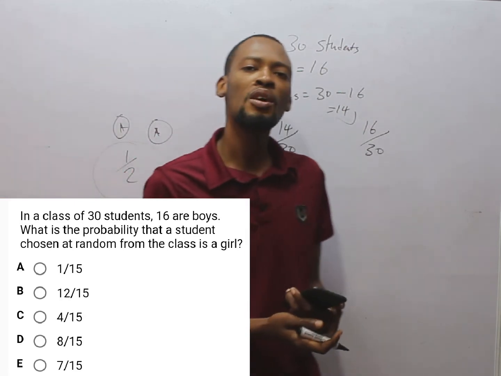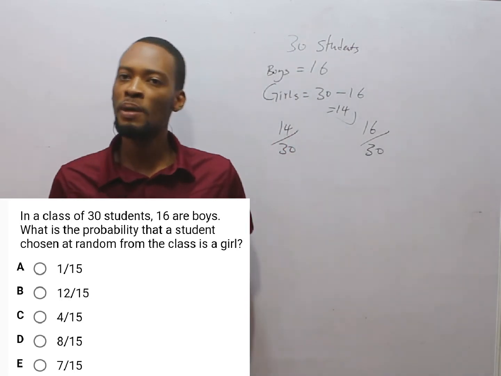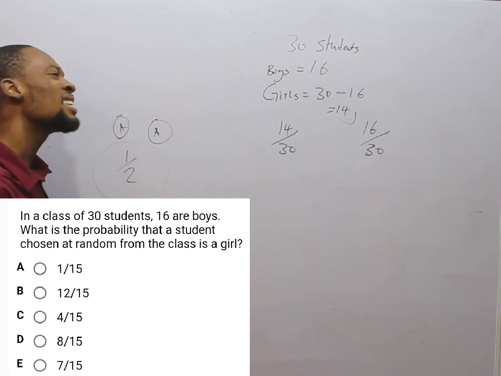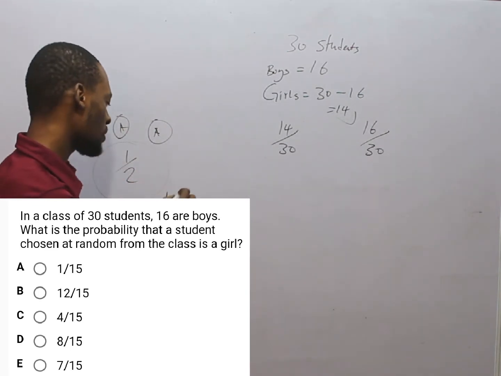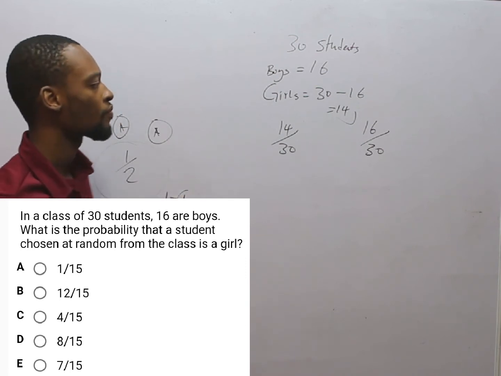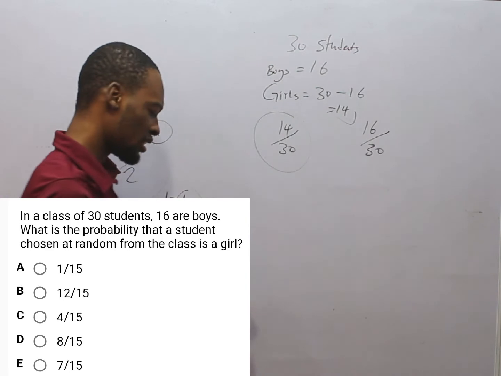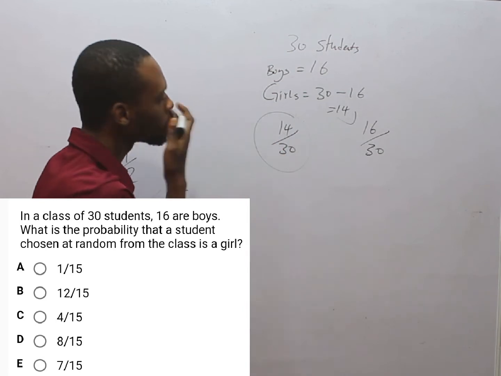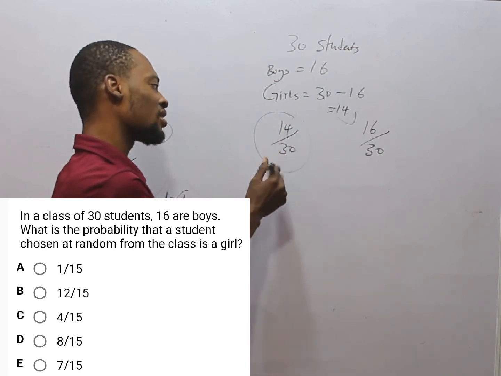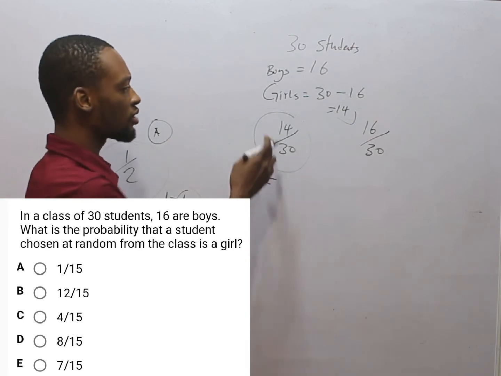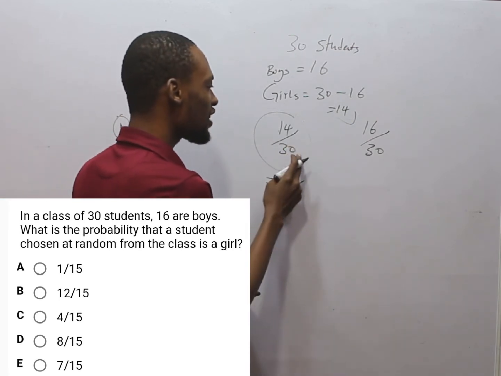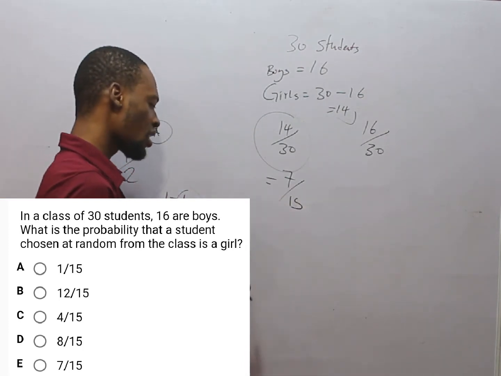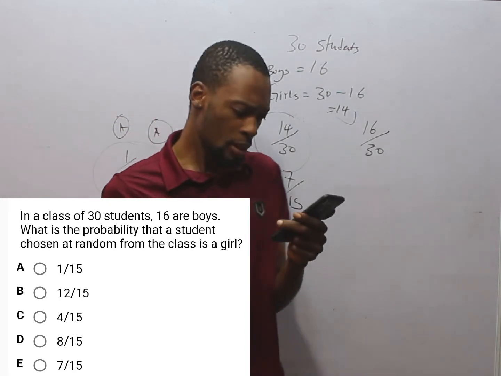Now, the probability of events not happening is 1 minus the probability of it happening. If the probability of an event happening is 1/2, the probability of it not happening is 1 minus the probability of it happening. So this is the probability of girls in the class, and they expect us to break down the fraction. Let's see, what can divide 14 and 30 without remainder? 14 divided by 2 is 7, and 30 divided by 2 is 15. So we've broken this down to 7/15, and we have something like that in the options, which is option